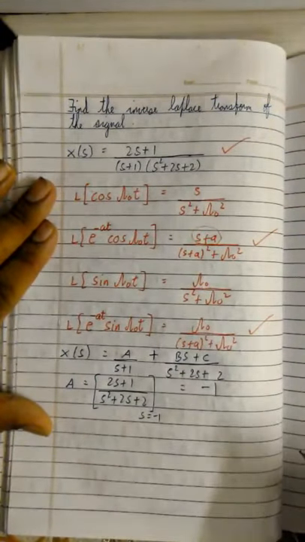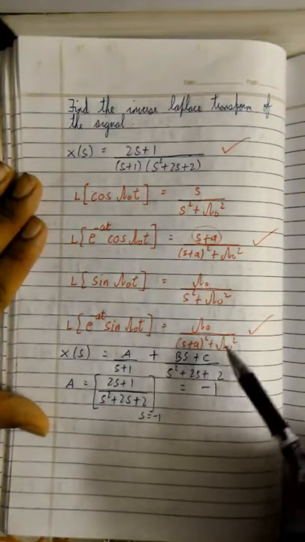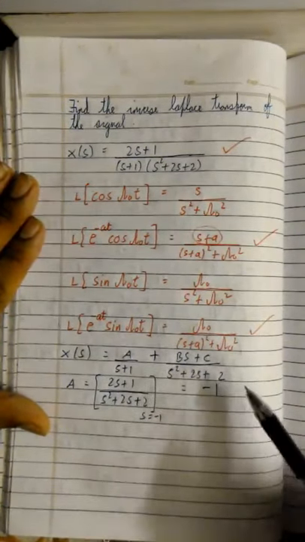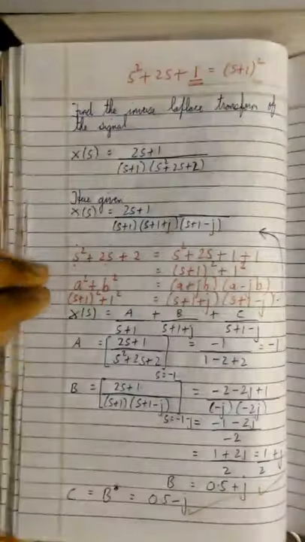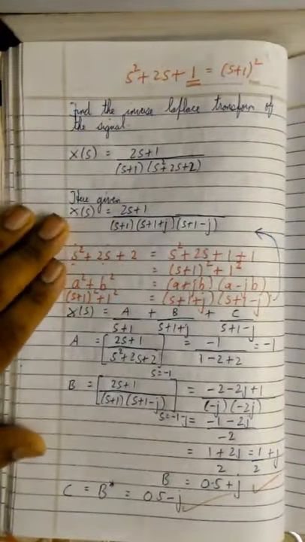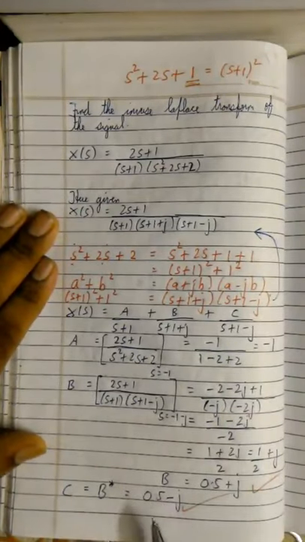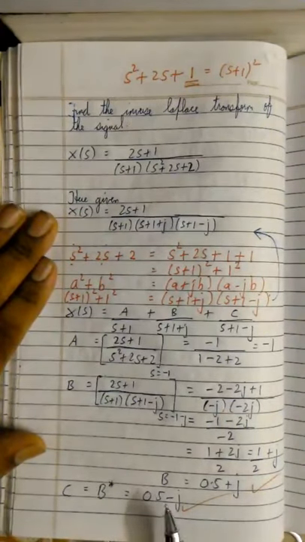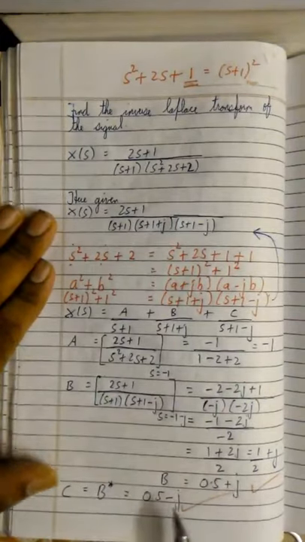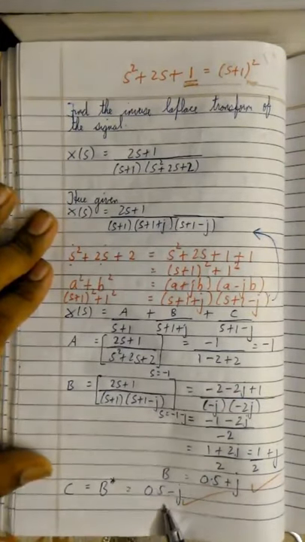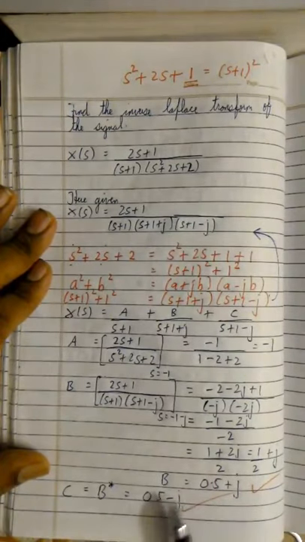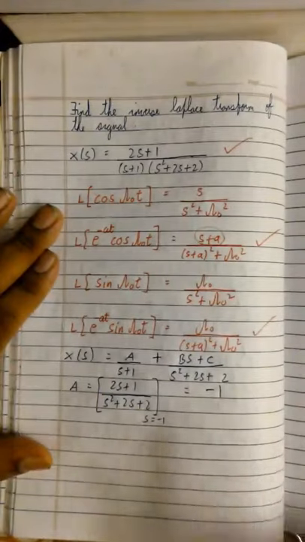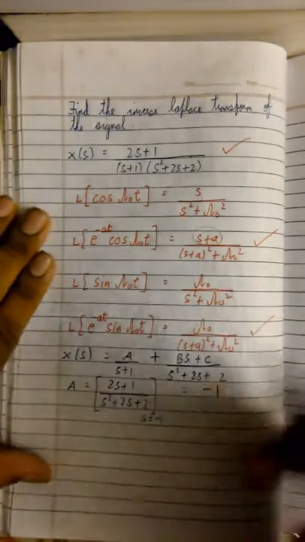Okay, so likewise now you need to find the value of b and c. You cannot find them as easily. That is the disadvantage of this problem. Here finding the coefficients will take a little bit more time. In the earlier case you won't spend that much time finding the coefficients, because when you find one coefficient, the other coefficient is nothing but the conjugate of it. But here you have to spend extra time to find the value of the coefficients. So let's find the value of the coefficients.